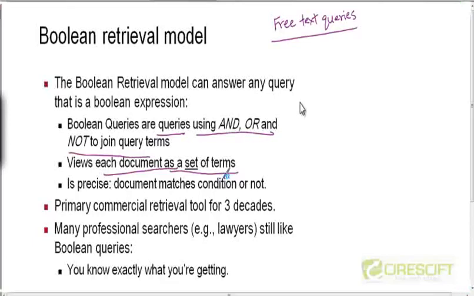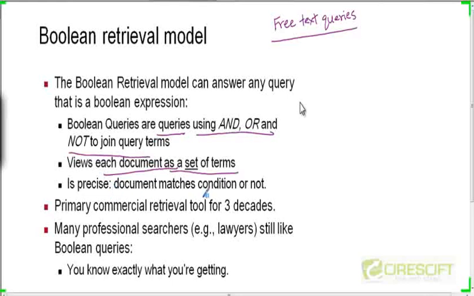So each document is viewed as a set of terms, and the query is basically a Boolean expression using query terms connected by AND, OR, and NOT operators. And the semantics of the results is precise. You exactly know why you've got a particular document in the result.